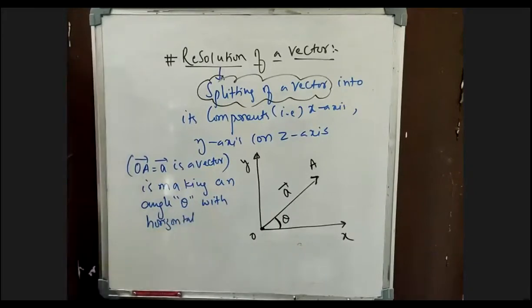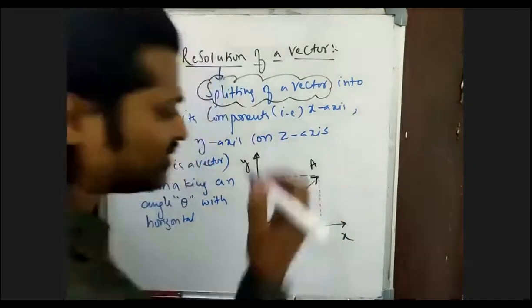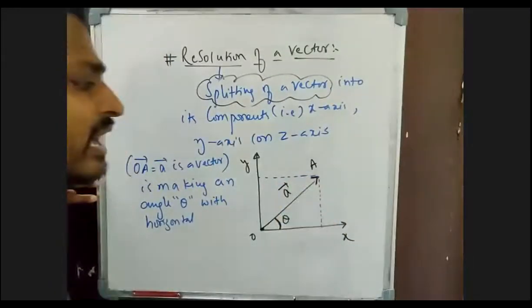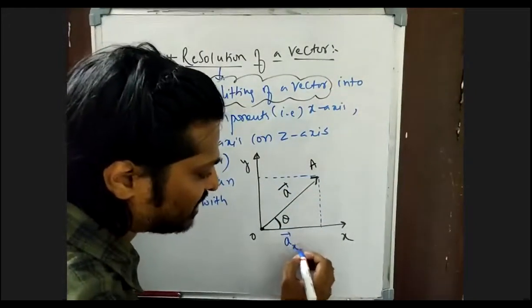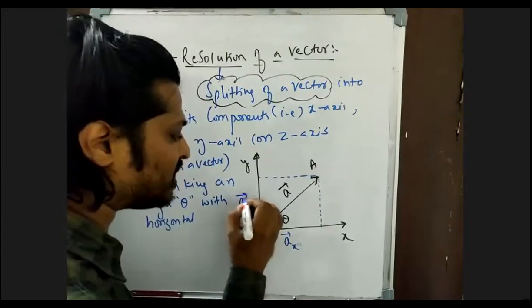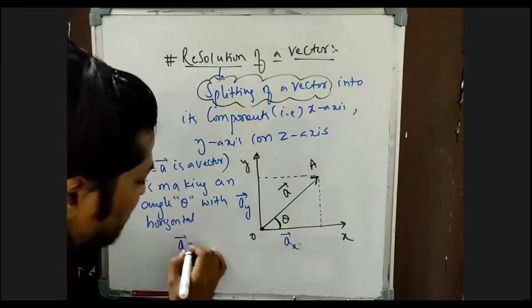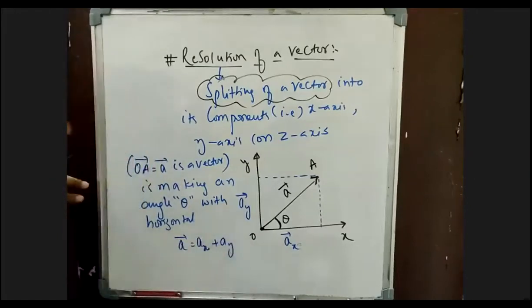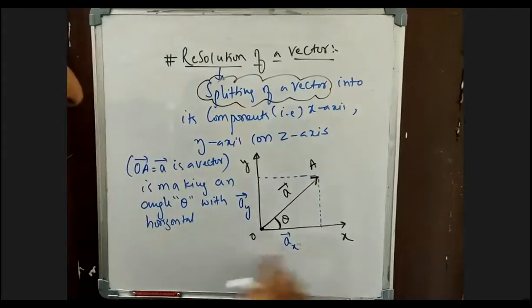Now apply a little bit of trigonometry. Drop a perpendicular here, and a line parallel to it. This one is your y component and this will be your x component. So A bar has a horizontal component represented by Ax bar and a vertical component represented by Ay bar. That means A bar can be written as Ax along the x-axis and Ay along the y-axis. We will do it in detail later. Horizontal is x, and vertical is along Ay.